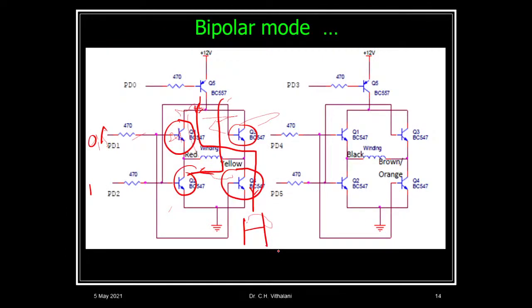So this is actually bipolar mode, and this is the enable pin. Even if you do not want to drive the motor, you can keep this PD0 equal to high. Whenever this is high and this is a PNP transistor, it will remain off, and this 12 volt will not be given to the H bridge. Whenever this is a 0, because it is a PNP transistor, it will conduct, and 12 volt will be given to the H bridge. Right? So this is kind of an enable pin, we can say.